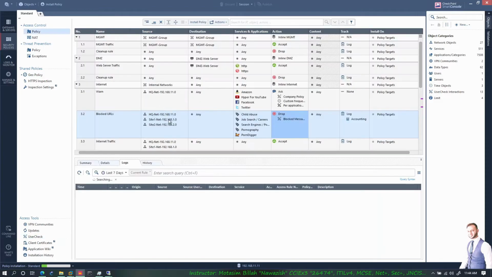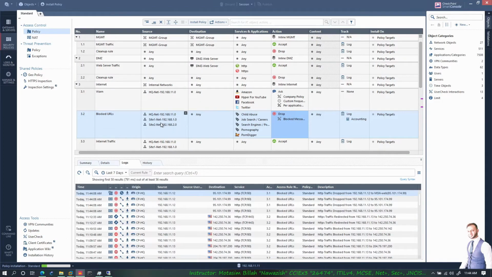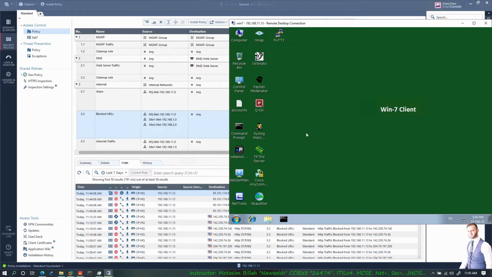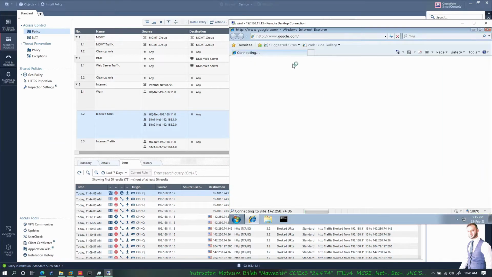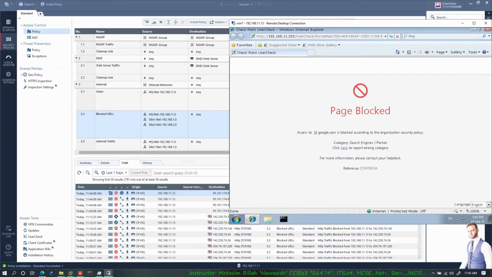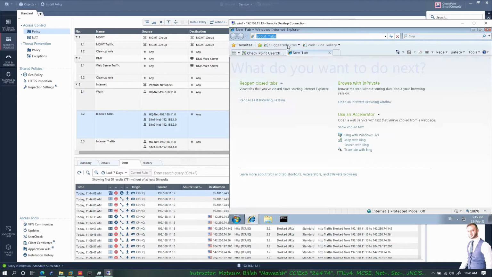So if you see here, previously in the URL filtering for all three sites, HQ, site 1, site 2, we blocked all these categories of URLs, and they were not getting any type of notification message that their traffic was being dropped by the company policy. So now they will get that notification message. If I browse, let's say, google.com, they will get this message, so they will understand that this page is being filtered by the company policy. Or let's say now I go to amazon.com,